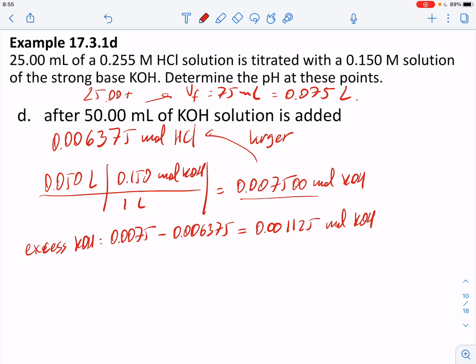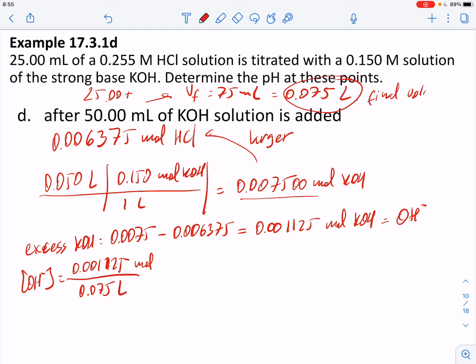Now this is KOH, which is equal to OH minus, so the concentration of OH minus is equal to 0.001125 divided by 0.075 liters. We have determined that this is the final volume. You added 50 milliliters to 25 milliliters of solution, so this is 0.0150 molar